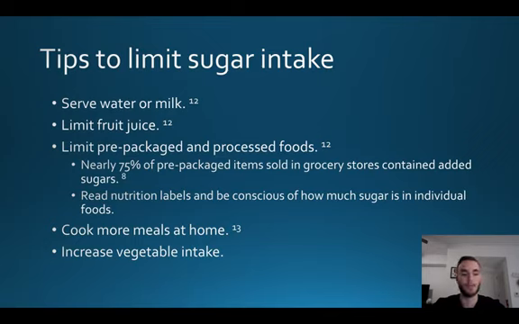The next one would be cooking more meals at home. This goes hand in hand with limiting prepackaged and processed foods. So if we're cooking a lot of healthy foods, vegetables, anything like that that's not previously packaged, then we're going to have lower sugar content in those foods, and that'll in turn decrease our sugar intake. With that too, a lot of fast food places add sugar. Again, for taste, they try to make their food taste as good as possible. So kids get a lot of sugar intake from fast food restaurants as well. So cooking at home is a great way to help limit your sugar intake and get them to eat healthier.